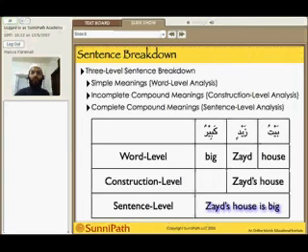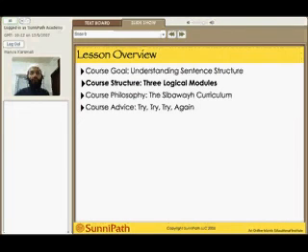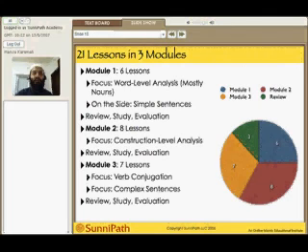Okay, so this is where we're headed at the end of this course. How do we get there? What are the milestones of our journey? The milestones are 3 modules, 3 logical modules. The course is divided into 3 groups of lessons. The first module consists of 6 lessons, and this is the module that we're currently in, and the goal of this module is to wet our feet.